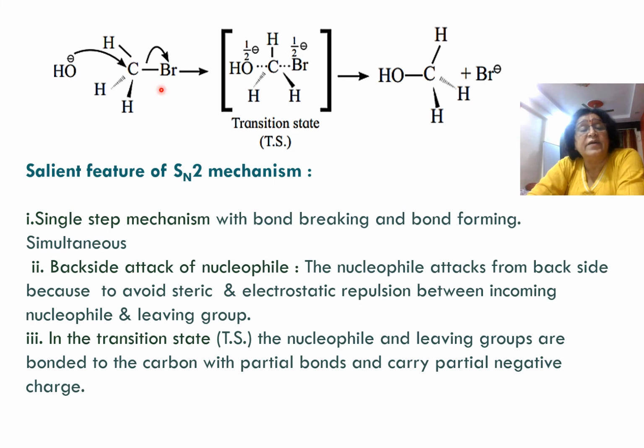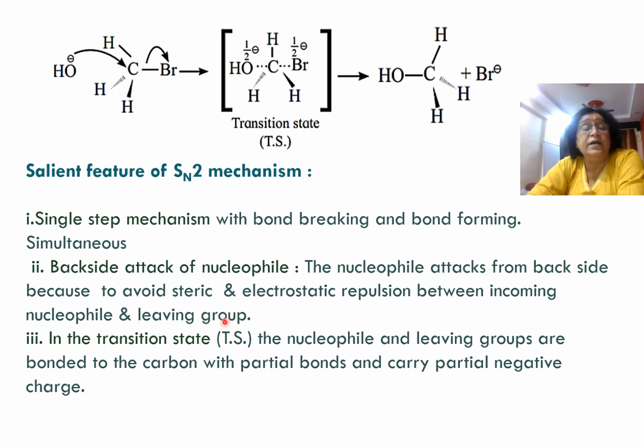Why does it attack from the backside? Why not from the front side? Because Br is a negative group, and OH is also a negative group. If it comes from the same side, what will happen? There will be repulsion. That is the reason it attacks from the backside. Clear? So the nucleophile attacks from the backside to avoid the steric hindrance and electrostatic repulsion between the incoming nucleophile and